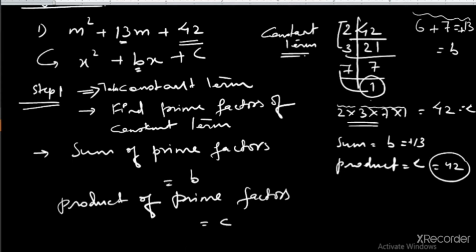You can see here the product we have arranged. Now you have to arrange. So here what we have done, we have taken these two together and multiplied these two: 2 into 3, we have got 6. Then we have multiplied these two: 7 into 1, we have got 7. When we add them together, 6 plus 7, we are getting 13.